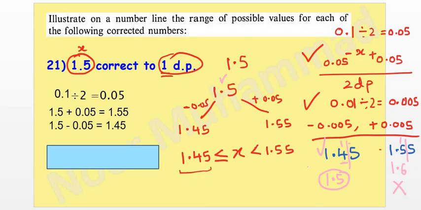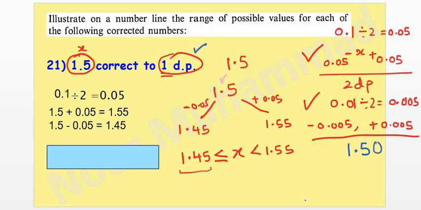Clear? Okay. Now I was going to tell you another method. What is that method? Simply, if you have 1.5 and you want to make it correct to one decimal place, just add a 0 over here. Now look at this, it's 1 and 50 hundredths. Subtract 5 from it, it will give you